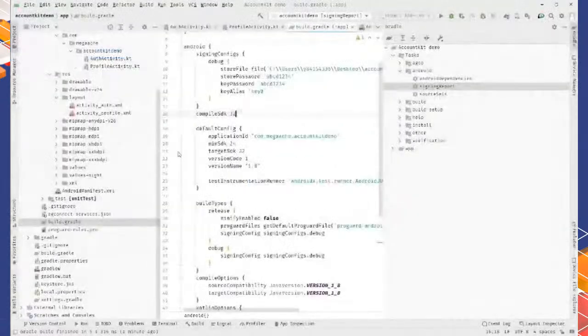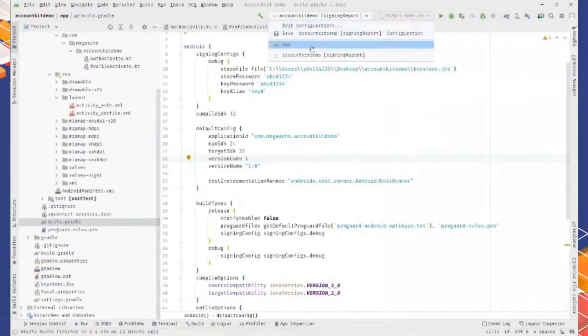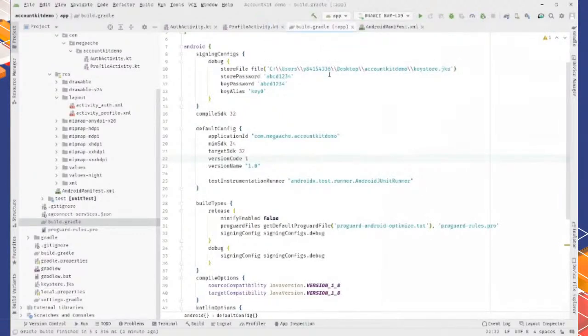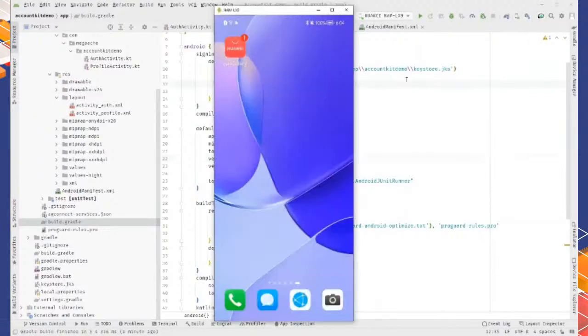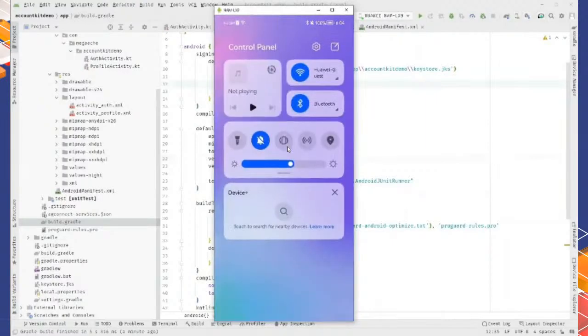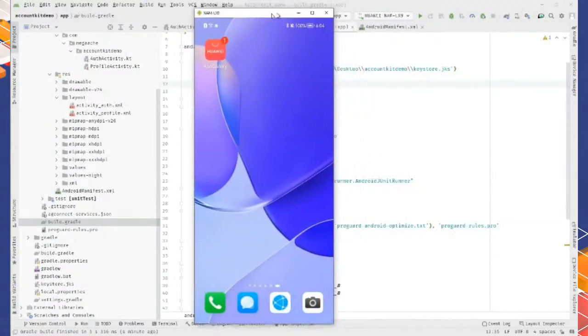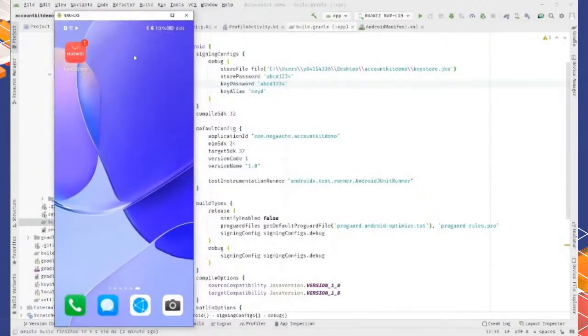Okay, now let's go back to our app, and we are going to run the app for the first time. Let me connect my phone. I'm going to use a physical Huawei phone. It's already connected. And I have this Android plugin, which will mirror my device. So now what you see, this is my actual physical device, okay? It's not an emulator. And for you, if you do not have an emulator, if you don't have a physical device, I recommend using Huawei's